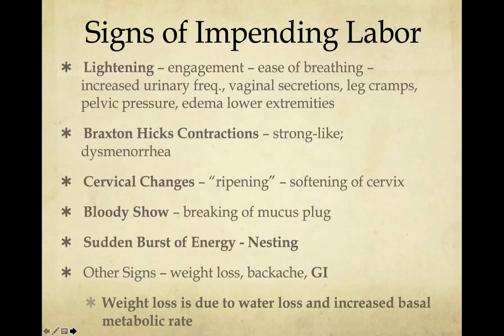About the beginning of the third trimester, she's going to start having these Braxton Hicks contractions, which are basically like very strong menstrual cramps, but they're going to start increasing and becoming a little more regular. She'll start having cervical changes, so thinning and dilating of the cervix. She may or may not have a bloody show, which is not imminent of labor,